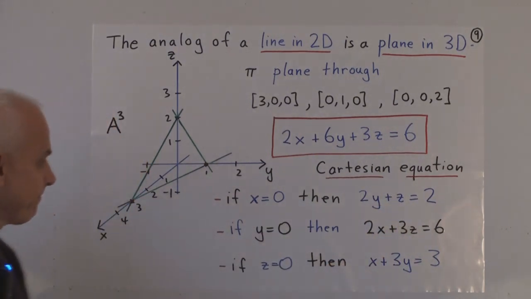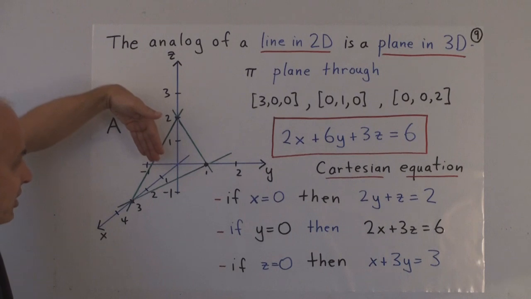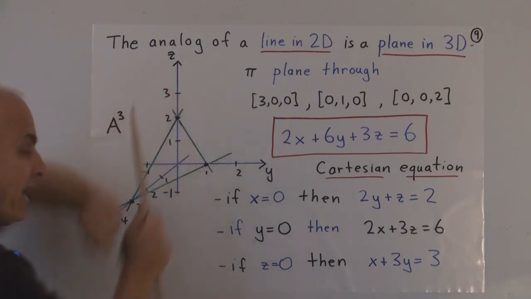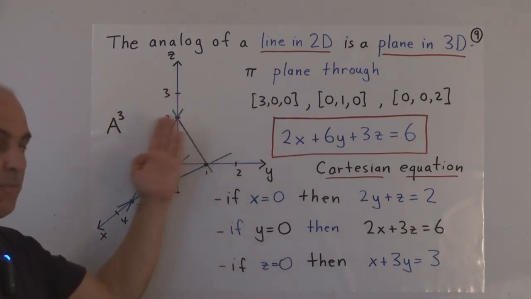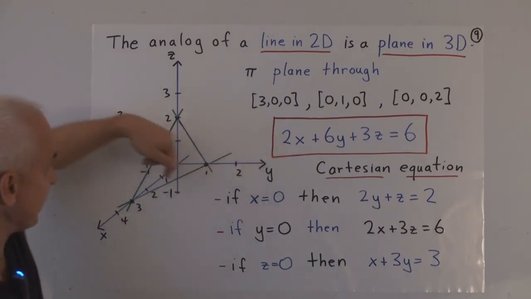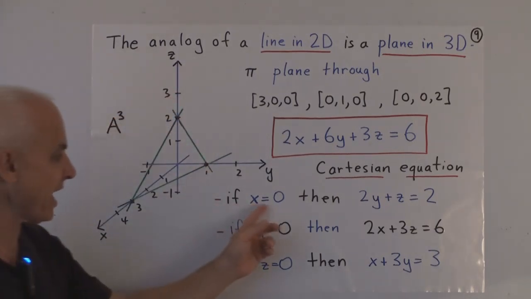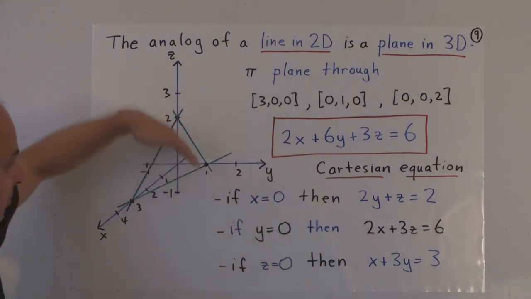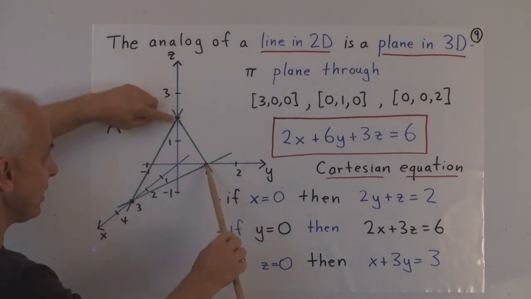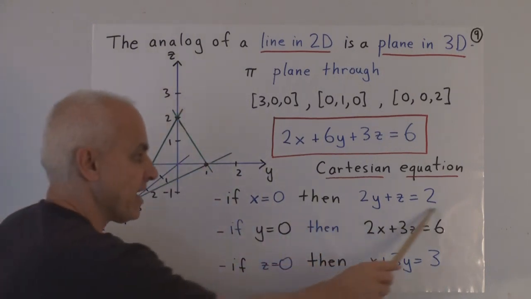What's the meaning of that? Well, when we set x equal to 0, we're talking about all those points in 3 dimensions whose x-coordinate is 0. In other words, that lie in the plane spanned by the y and the z axes. That's a coordinate plane. That's in the picture. If you think of x as coming out at you and y and z as being in the plane of the wall, then we're just talking about the wall. So when we set x equal to 0, we're restricting what happens to the plane just viewed from this coordinate plane. And what we get is that line joining these 2 points in that plane, and that line in the y and z coordinates has this as its equation.